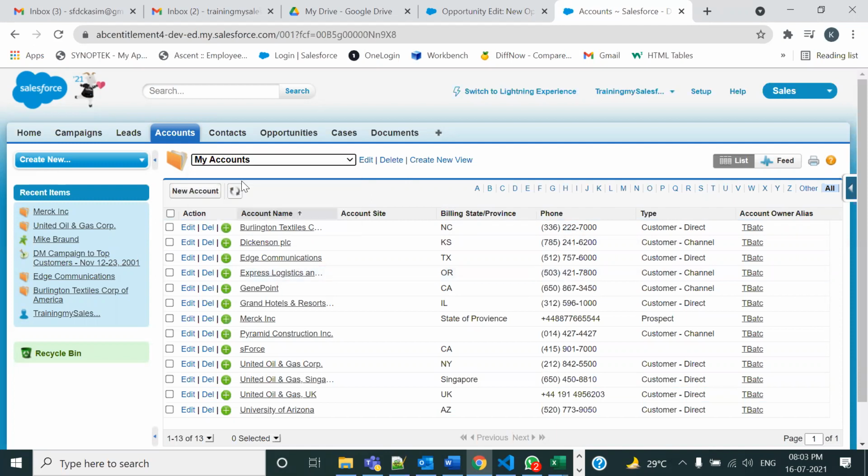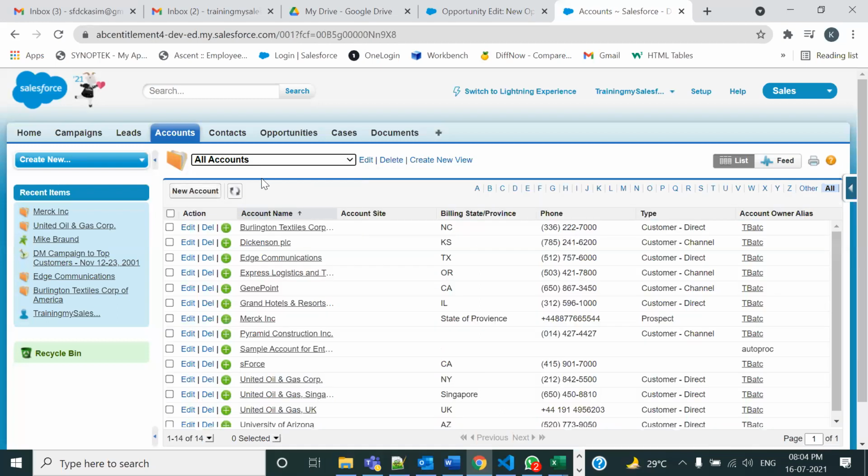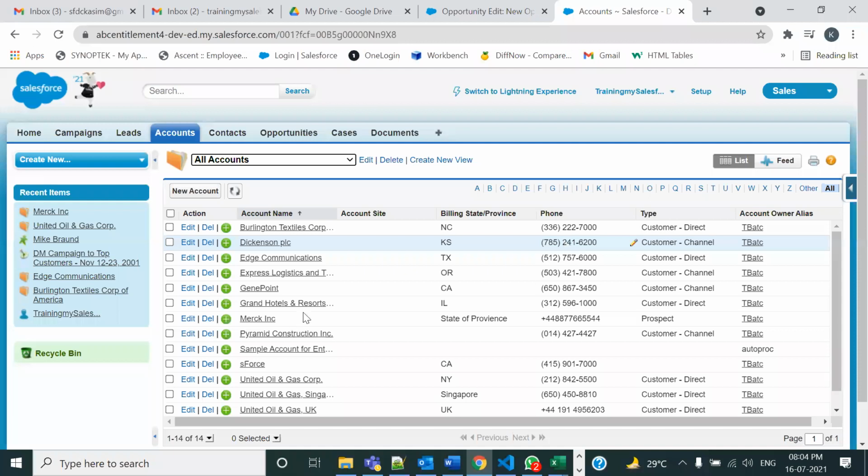लेकिन जो major difference है वो यही है कि My में करने के बाद as a user what you have created, अगर Integration के user ने कुछ बनाया है तो उसको वही accounts दिखेंगे, ठीक है, और अगर Security user ने कुछ create किया तो उसको वही दिखेंगे। But if you click All Accounts तो फिर आपको सारे accounts नजर आएंगे, irrespective of कि उसको किसने किसने create किया है। Salesforce ने create किया है वो भी नजर आएंगे, जो हमने create किया है वो भी नजर आएंगे।